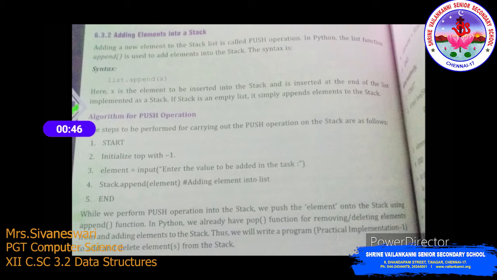Now we need to get the input of the element which we are going to insert: element is equal to input, enter the value to be added to the stack. Fourth step, now that we have the input, we insert it: stack.append(element). Element is the value to be inserted. And end of the process. So this is how the push operation is performed.